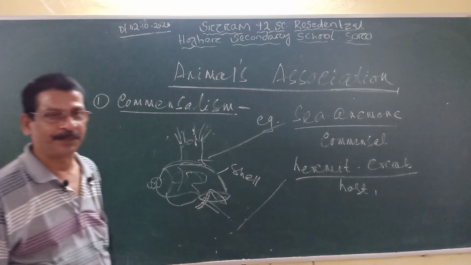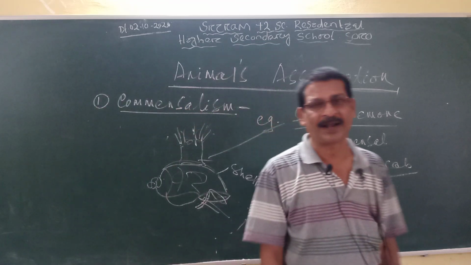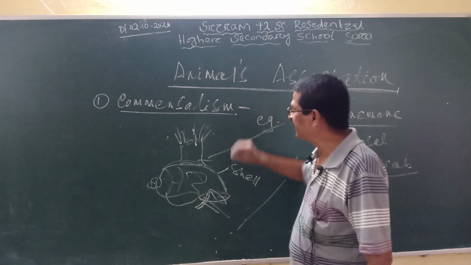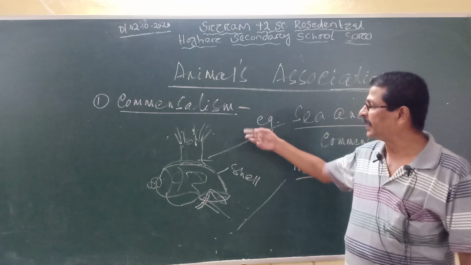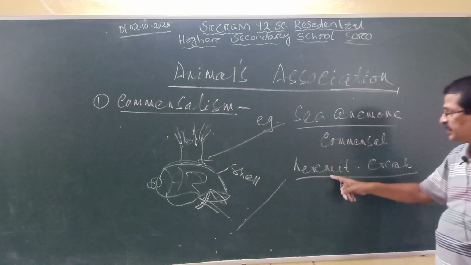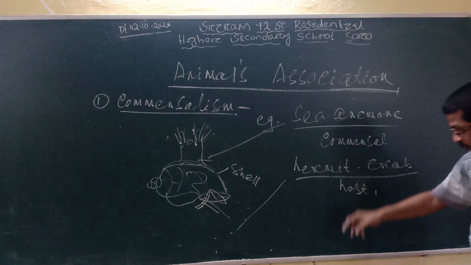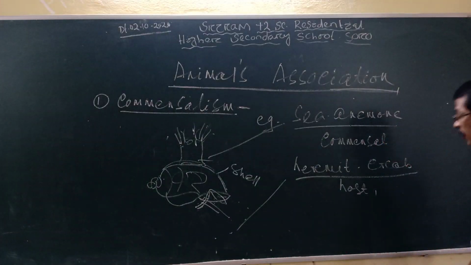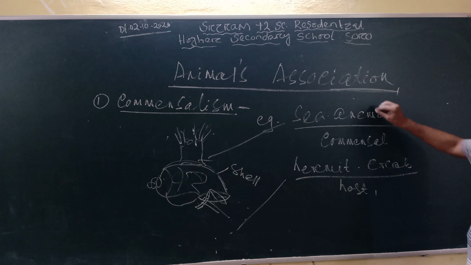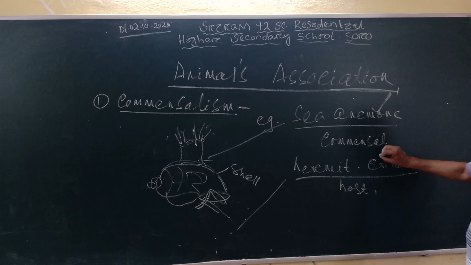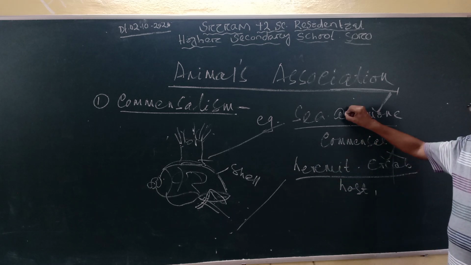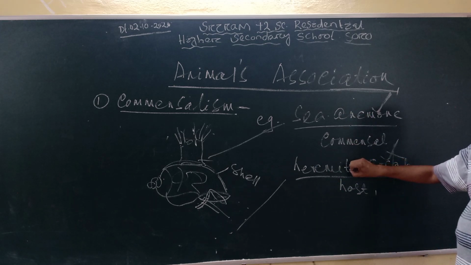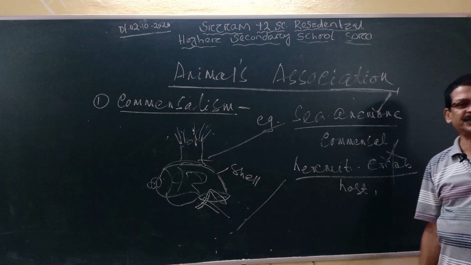So this type of association is called commensalism. Let me repeat again: it is an association between two organisms where one is benefited and the other is neither benefited nor injured. This type of association is called